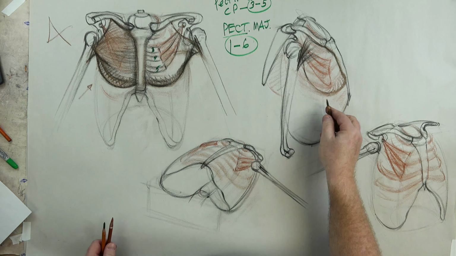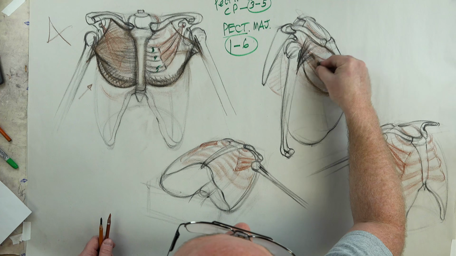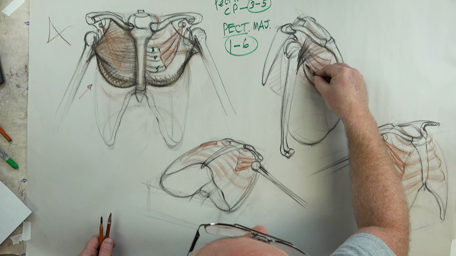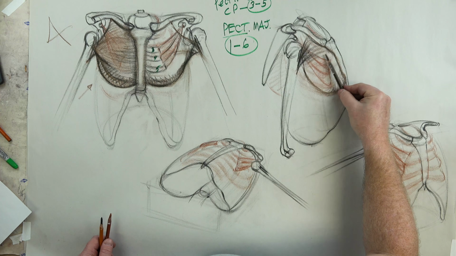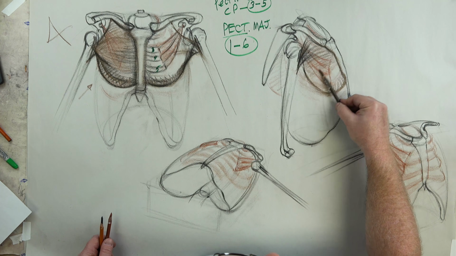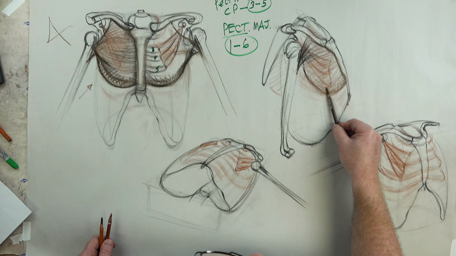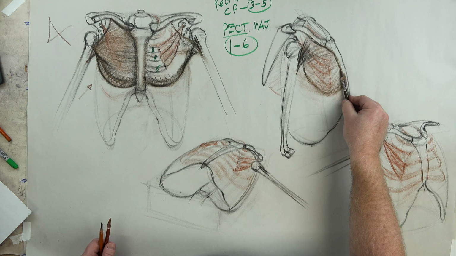Whoops, wrong color. Right through here. This comes underneath and attaches over and through here, and this wraps nicely around, fan-like shape, and so we're on top of the pectoralis minor, and this wants to come in through here as well. So we have that